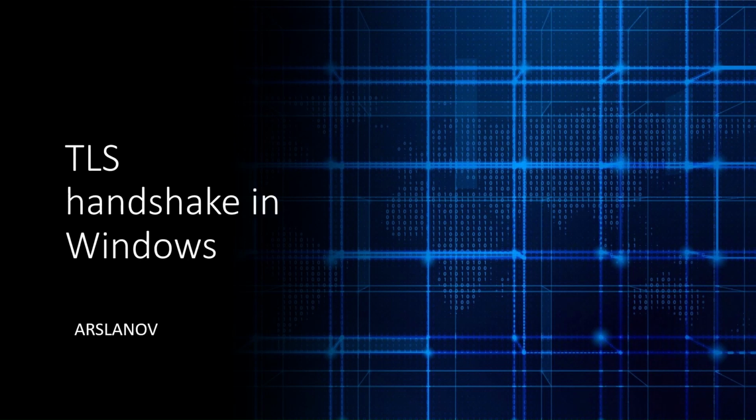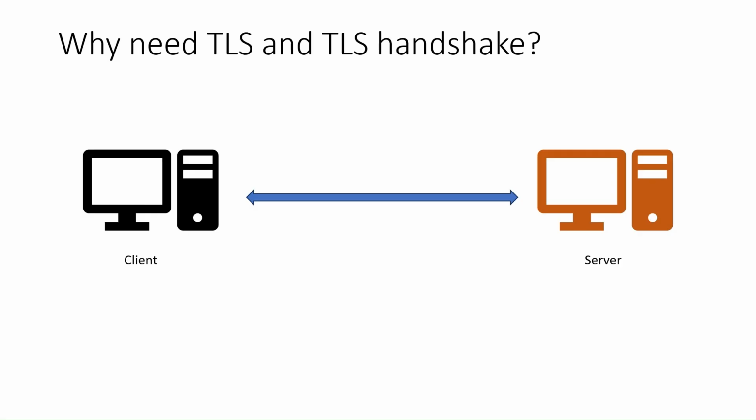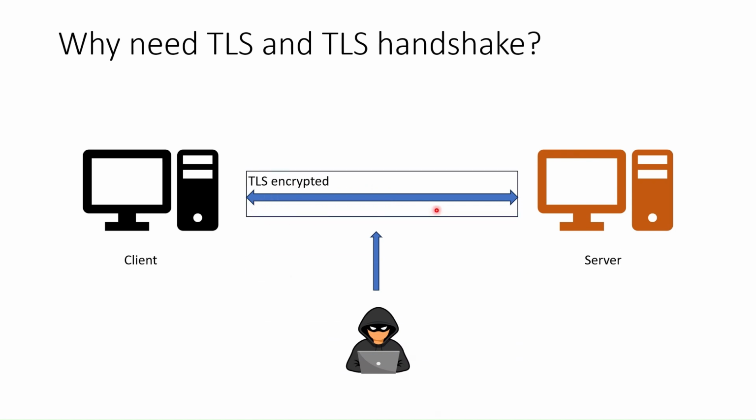Hello everyone, let's quickly learn how TLS Handshake is made in Windows. First of all, why do we need TLS Handshake? When a client connects with the server and exchanges data on the fly, it becomes vulnerable. Someone in the middle might intercept and access the data. To prevent this, the TLS protocol has been created, which helps to encrypt the data on the fly. As a result, only the server and client can encrypt and decrypt the data, and a man in the middle cannot read